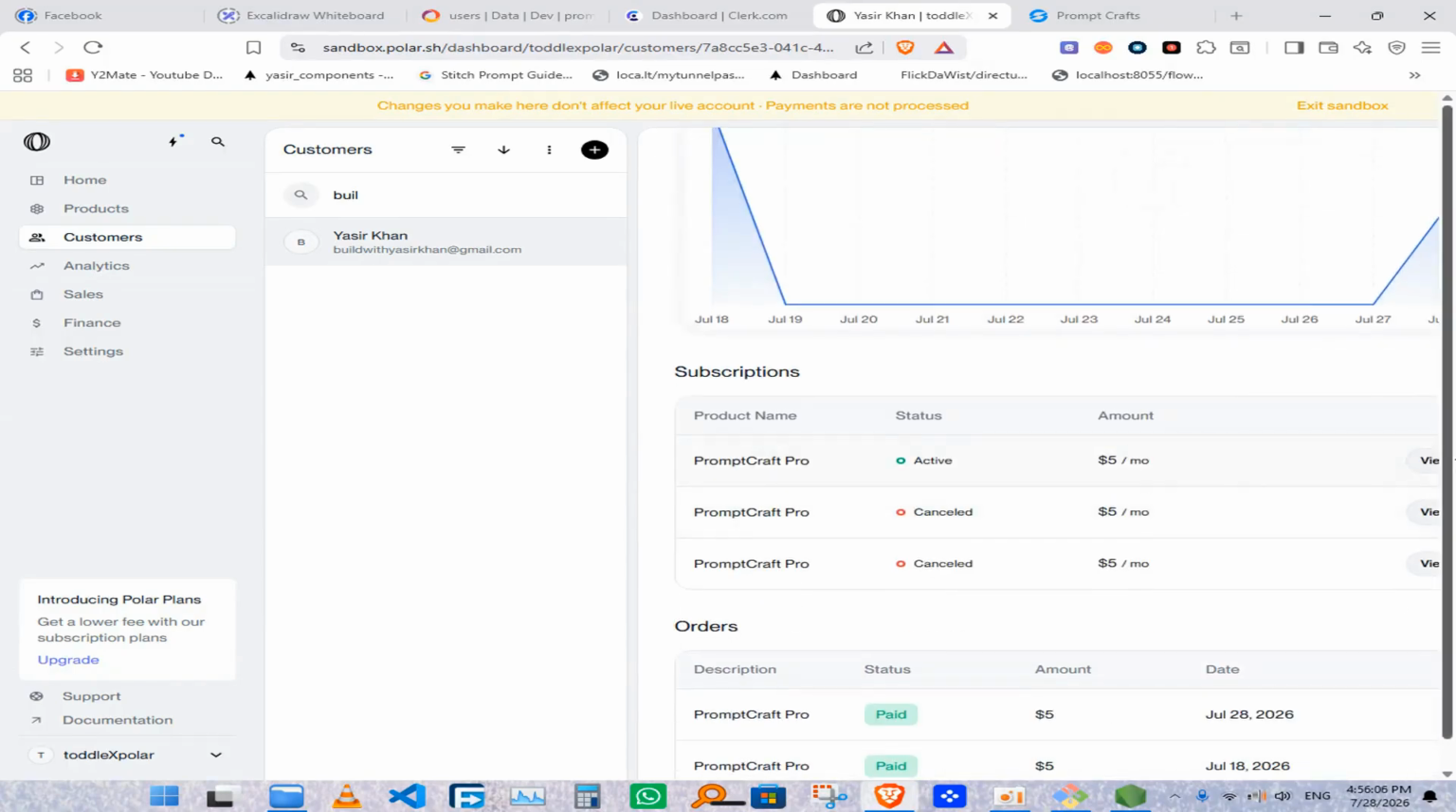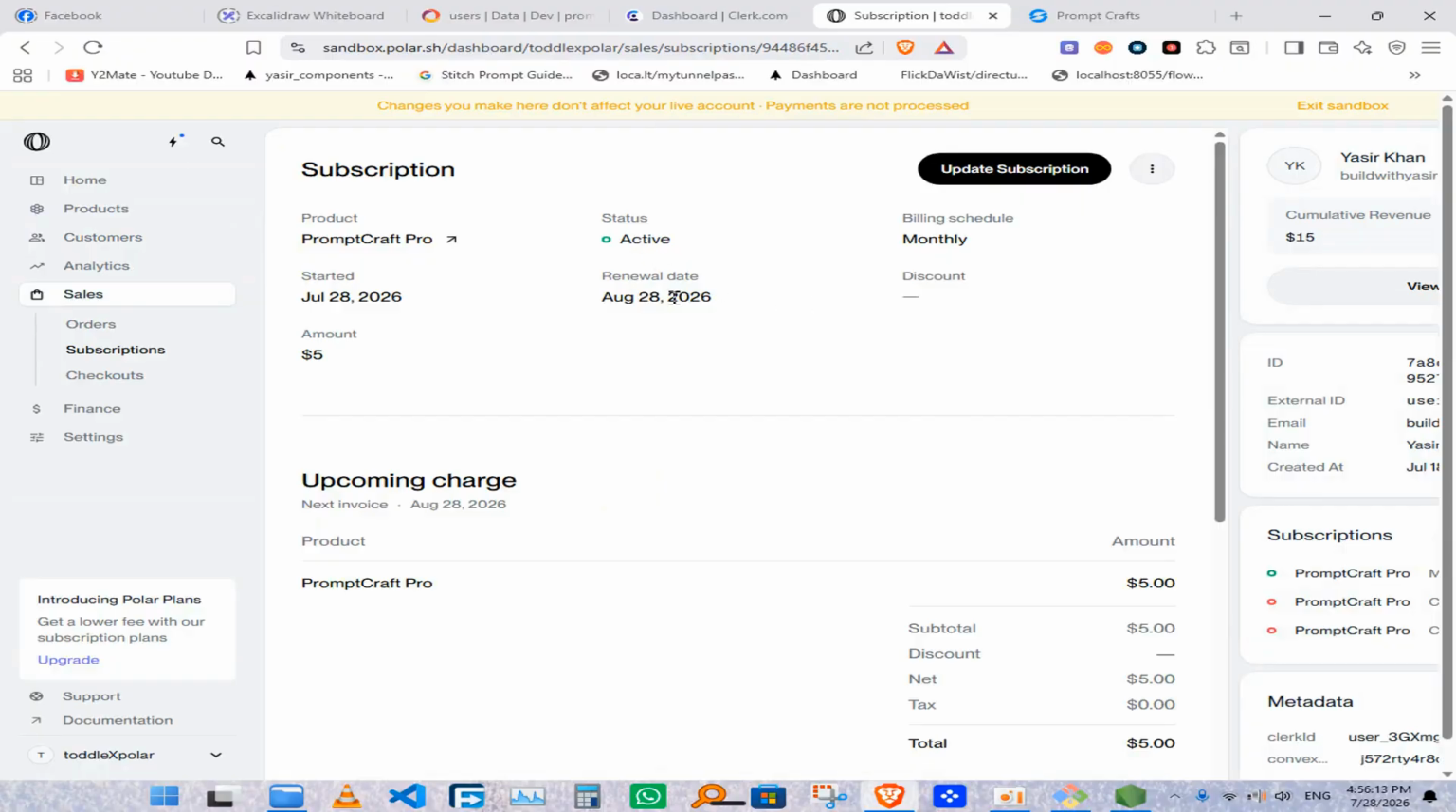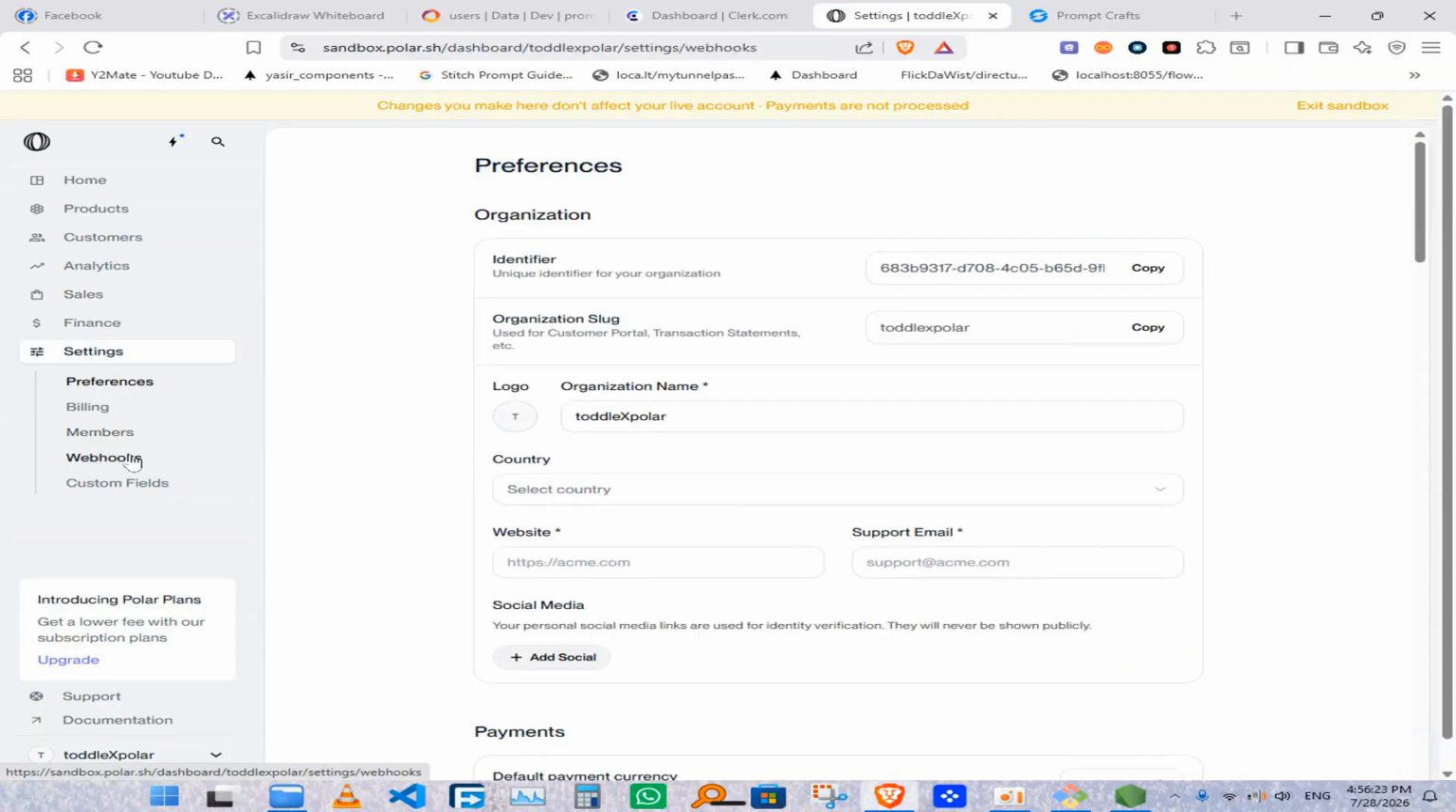As you can see when going to view the details, it is going to renew at this date and it started at this time. You can see today is July 18, so the subscription is started. So when we go to the webhooks,